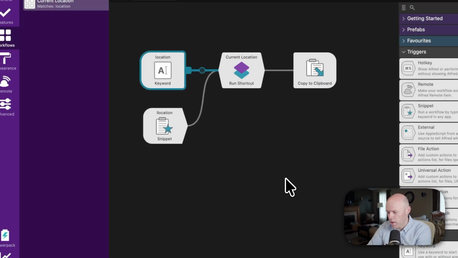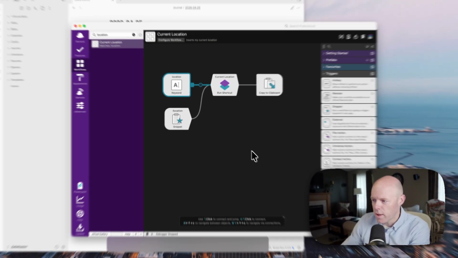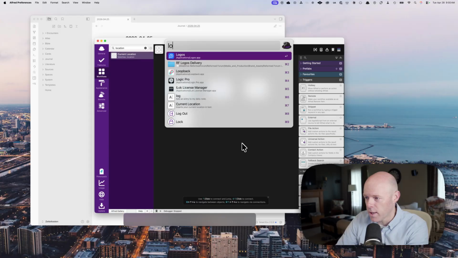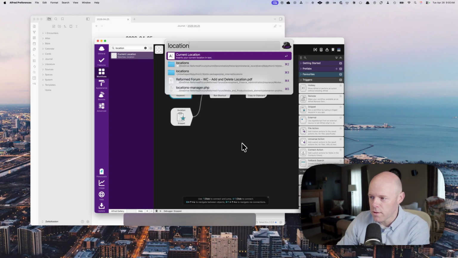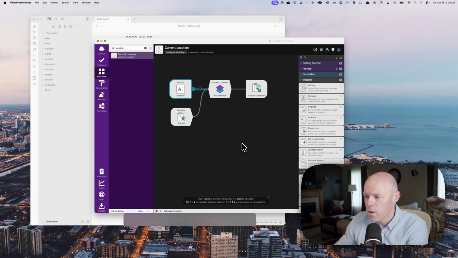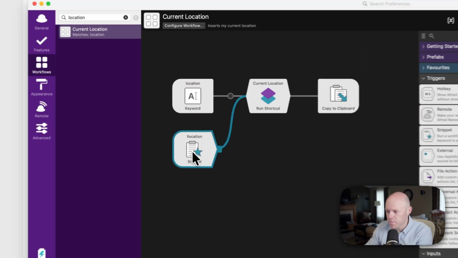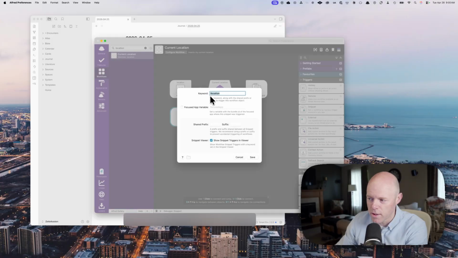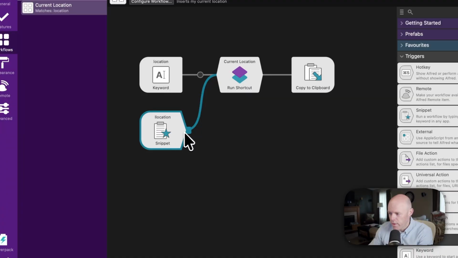So if I go to the Alfred, so I have a command space as my shortcut to open up this Alfred dialog. And I select current location, if I were to hit enter right now, it would fire. The other way is to run this snippet. So anytime I type location with 2 L's, it will fire this script. And that feeds to this. It will run this shortcut, current location, and then